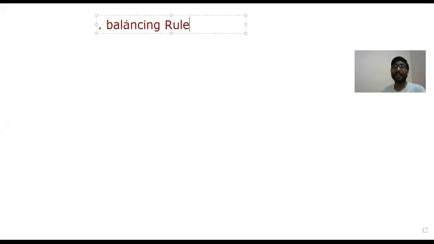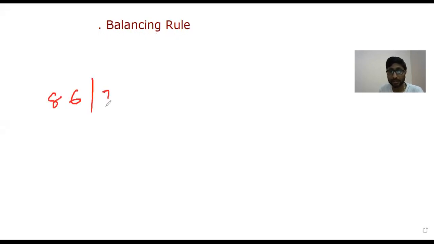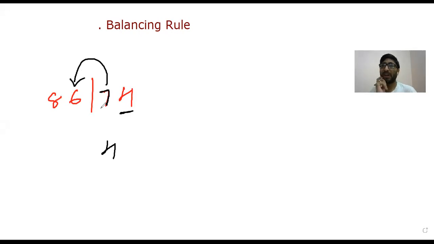What is balancing rule? In this case, one more way is also there. Let's say the problem is like this: 86, 74. The answer is write down the 4. 7 will carry. There is a concept called end numbers, which will come in the first class of addition, and you'll understand it much more easily at that time. Now look here. 7 plus 86 is how much? 93. There is no next number, so the answer is going to be 93.